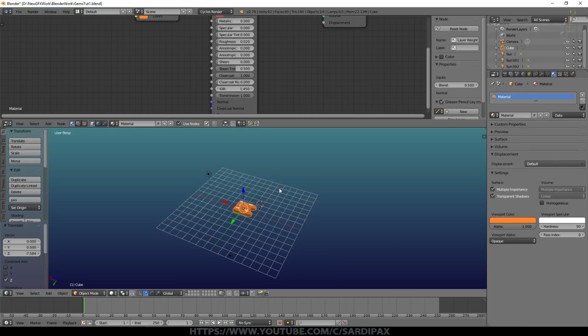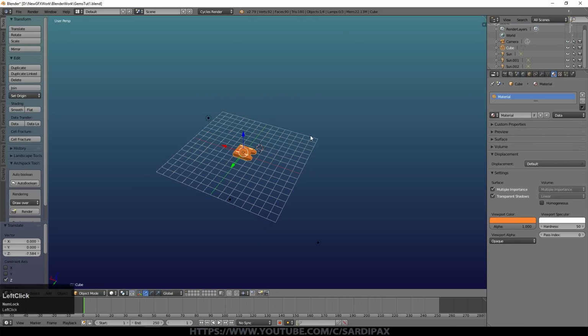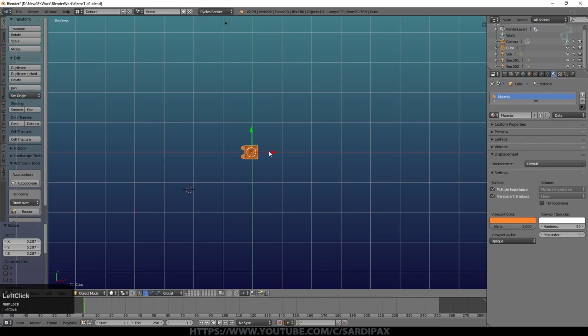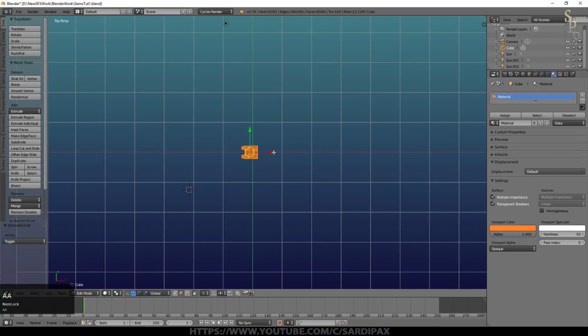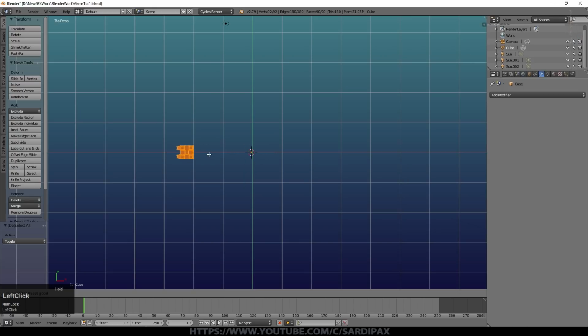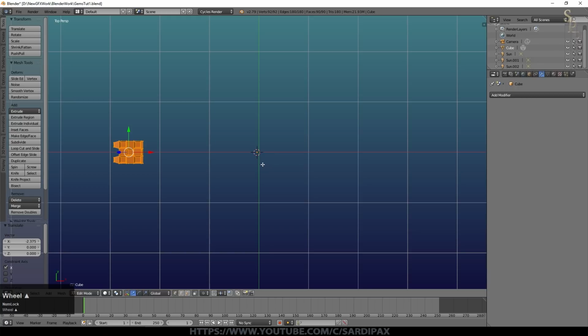So now we need to make some changes to our object. So I'm just going to remove the node editor now. I'm going to scale the object down a little bit, then go into edit mode, select all the vertices and just move everything over to one side slightly, leaving the origin point, that little orange dot, in the middle. I've already got the 3D cursor at the center of the object.